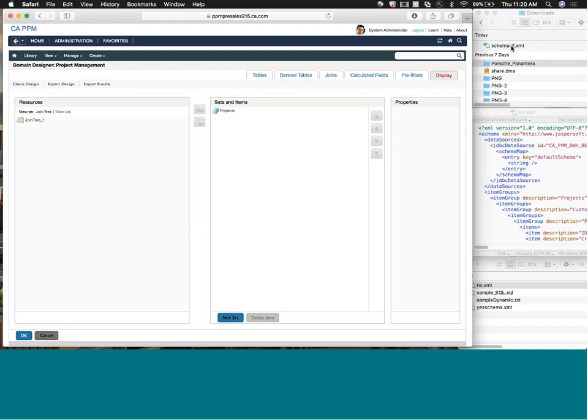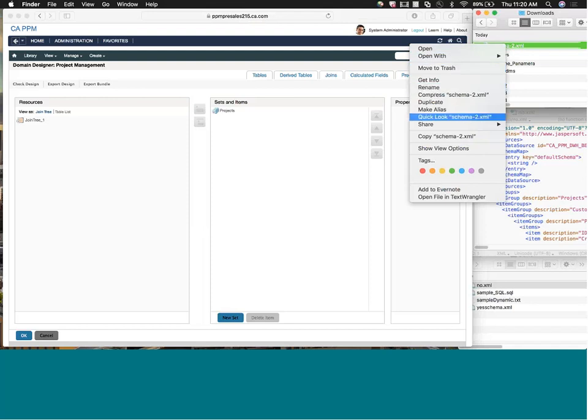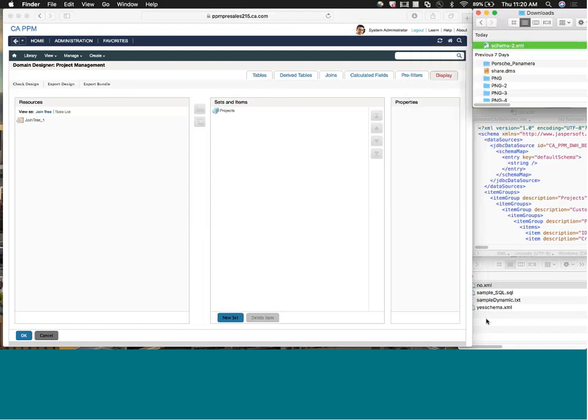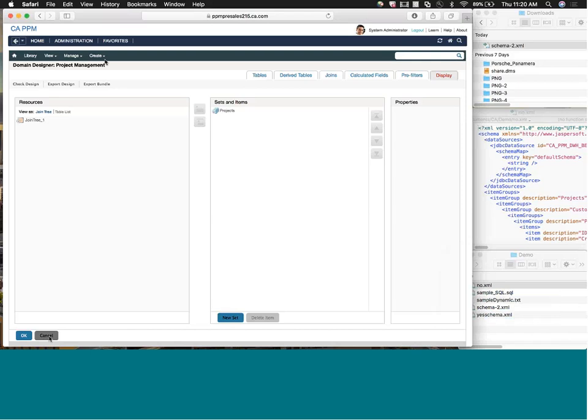So it just placed it in my downloads folder here in the top right section of my screen, and I'll copy that, guys, and I'll paste it in my demo section, okay? So now we're essentially finished with exporting the design at this stage. So you can click on cancel and go back out, or you can simply go up to create